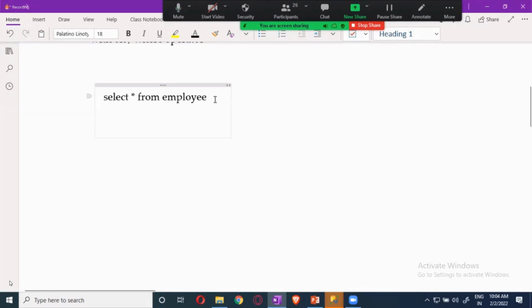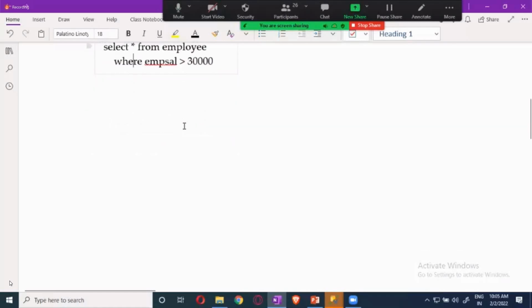Now the second way is called selection. Here you extract the data with the help of a condition, and you display only the selected data. For example, I want to see all the employees whose salary is greater than 30,000. This is based on a particular condition, and again, only one table is involved.